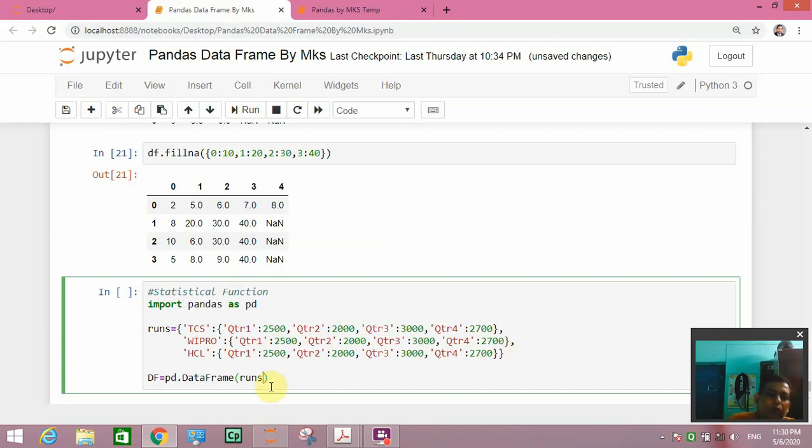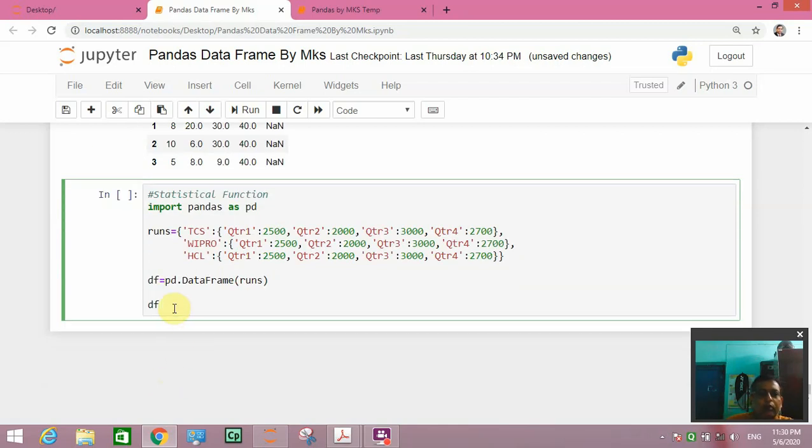In the argument you have to write runs. Now next we will display this data frame. So df, now run and see the output.